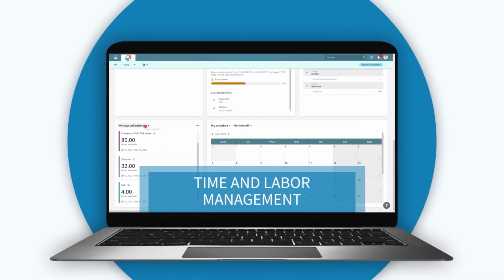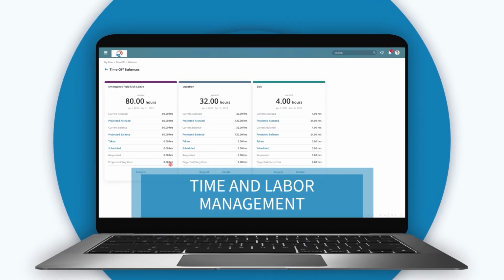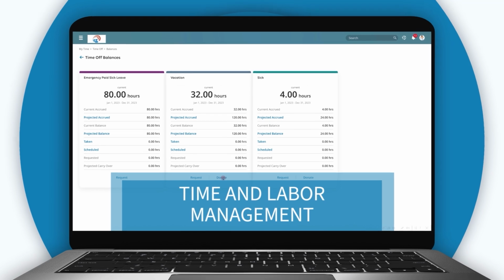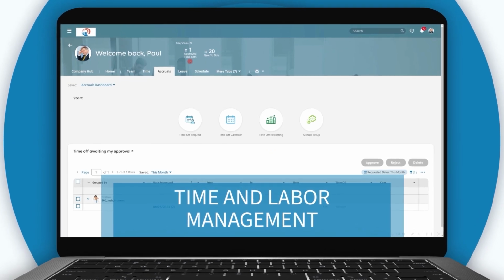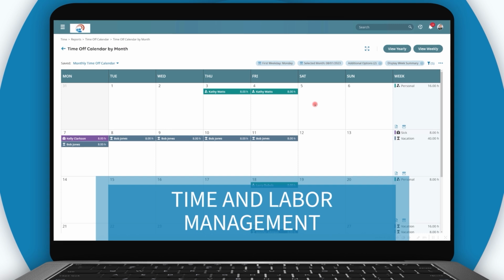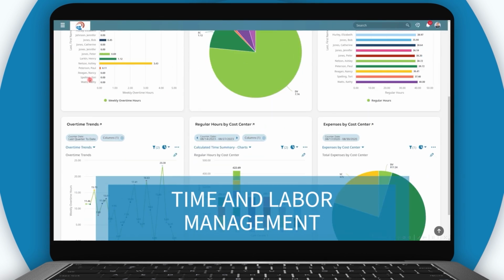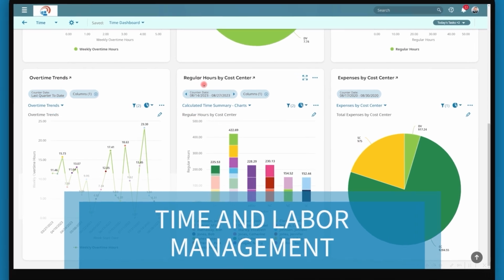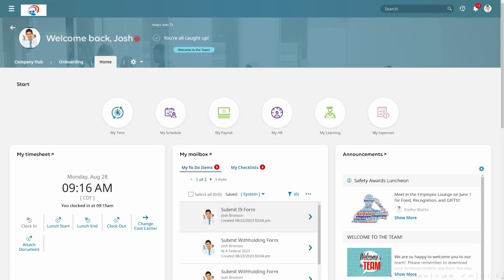When it comes to a time and labor management solution, you need a tool that will not only allow your employees to clock in and out and request time off, but you also need a tool to proactively alert your managers of any pending action items and give your management team access into analytics that will help drive business outcomes and efficiencies. So let's jump right into our employees view and discuss the different ways that employees can track their